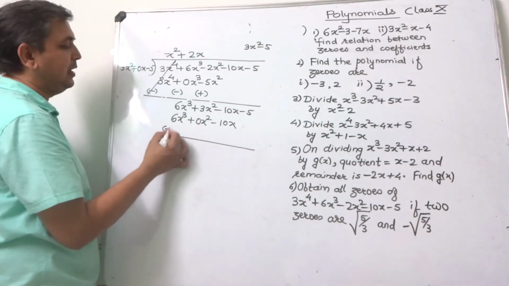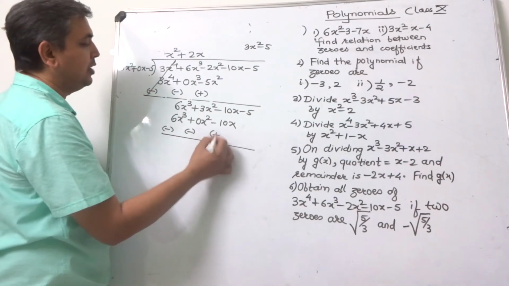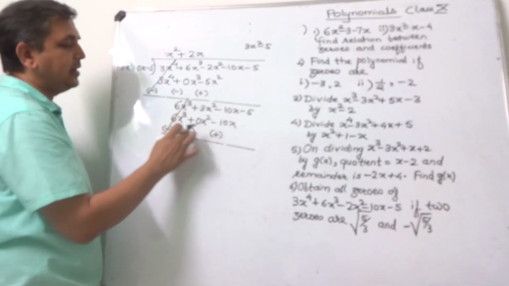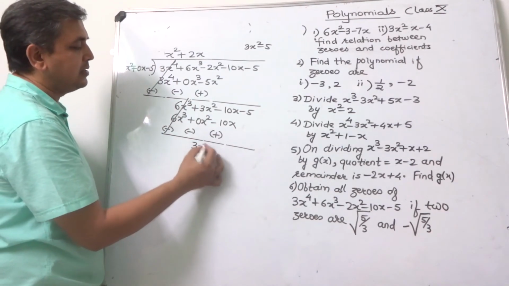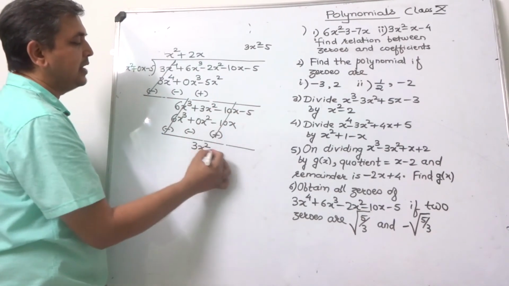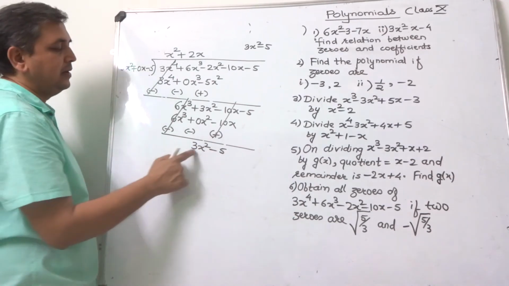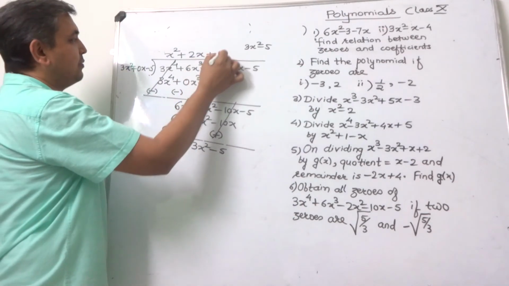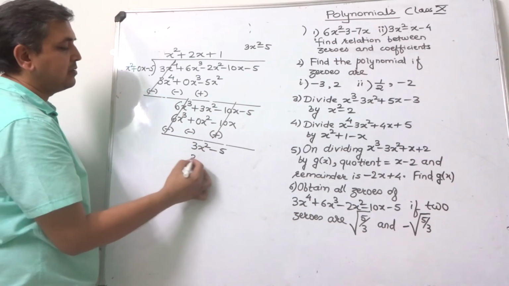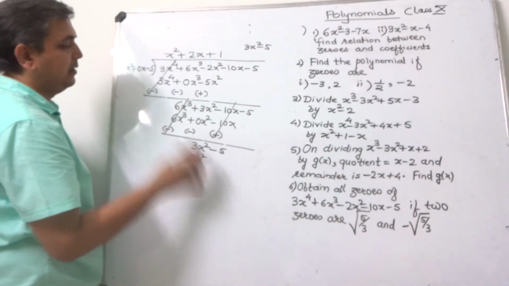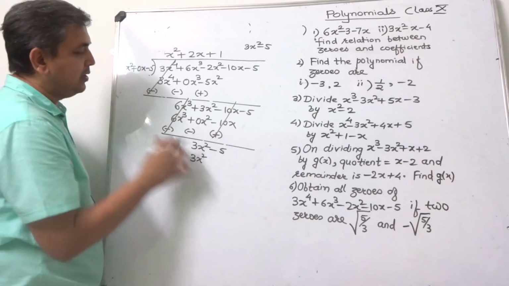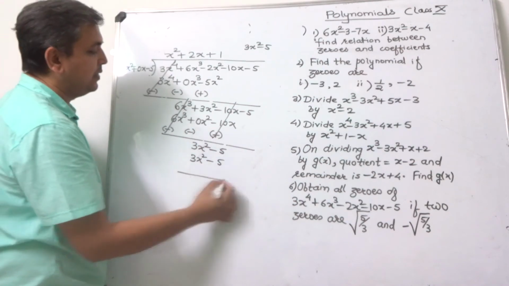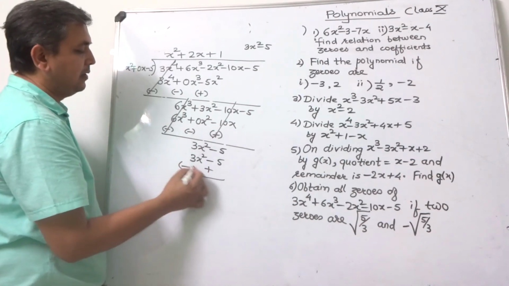Solving this we get, change the signs, 3x square minus 0x square is 3x square, this gets cancelled, minus 5 plus 1, 1 into 3x square is 3x square, there is no term of x, 0x, minus 5. In solving this we get